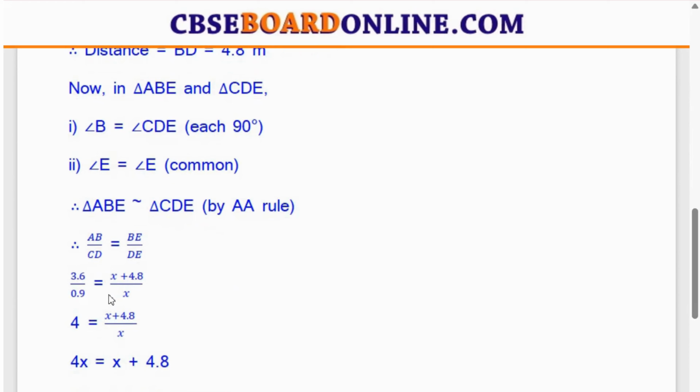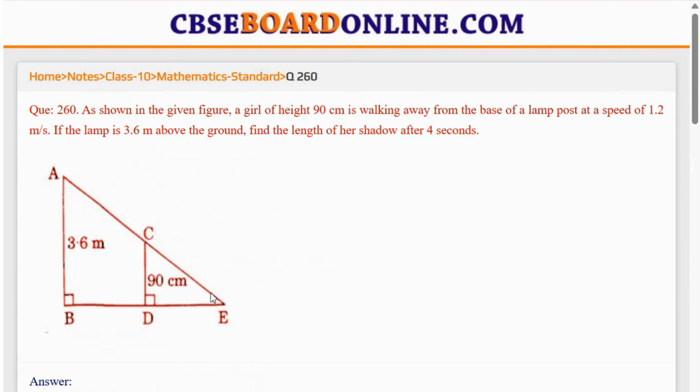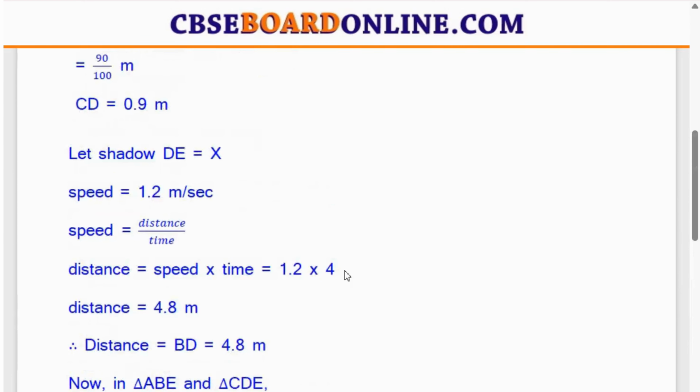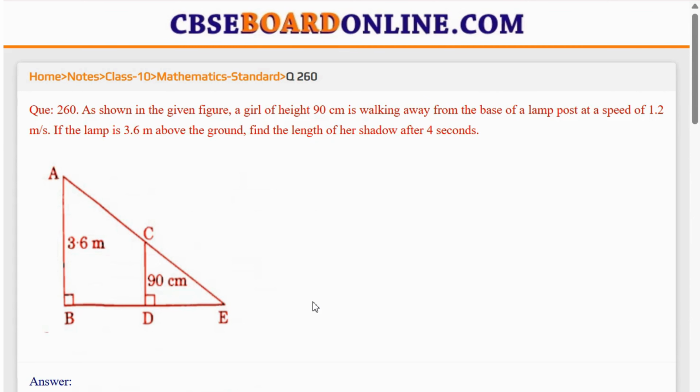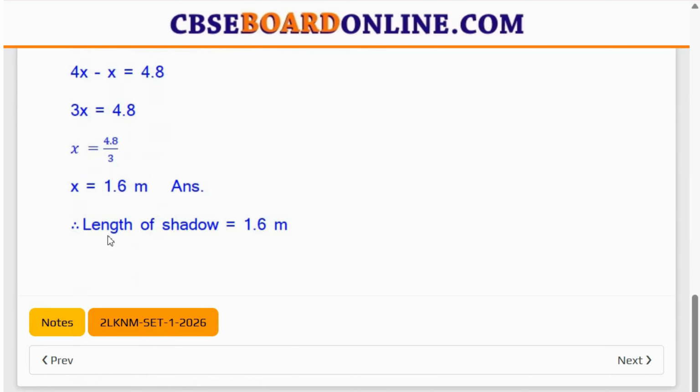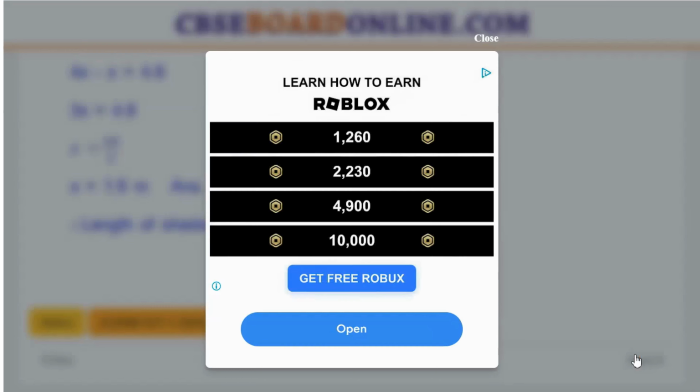एंड हमें ए बी की वैल्यू पता है एंड हमें बी डी और डी ई की वैल्यू नहीं पता है, तो हम लोग ने एक को x प्लस 4.8 कंसिडर किया है और डी ई को हमने x कंसिडर किया है। गॉट इट। तो अगर आप इस इक्वेशन को केयरफुली सॉल्व करोगे तो दिस इज 4 टाइम्स, ठीक है। तो x प्लस 4.8 अपॉन x कितना होगा, इट वुड बी 3x इक्वल टू 4.8, so it is 1.6 meters, so the length of the shadow is 1.6 meter. Okay,